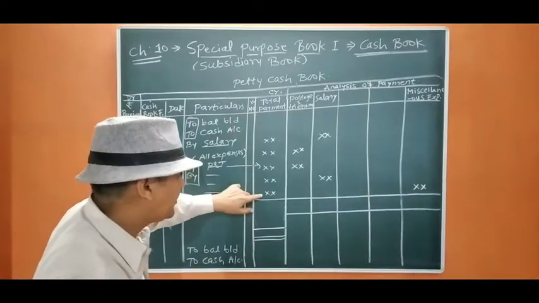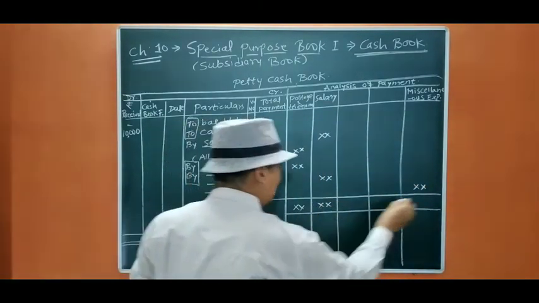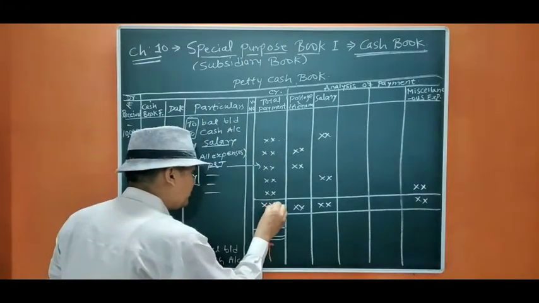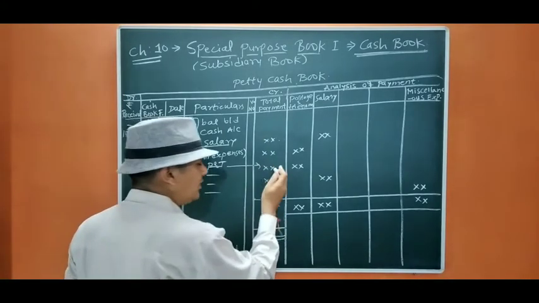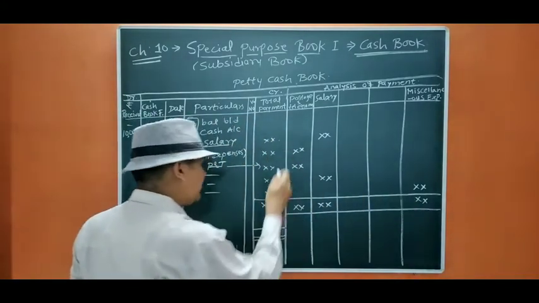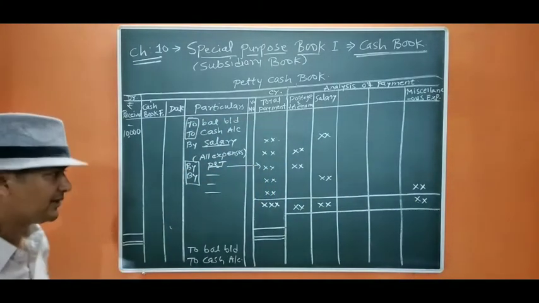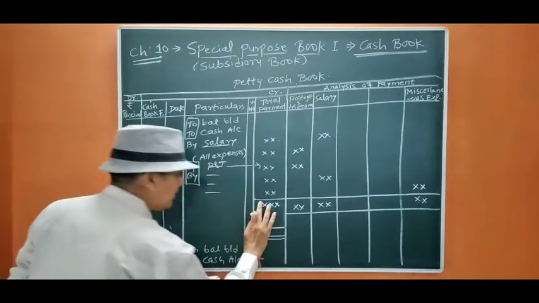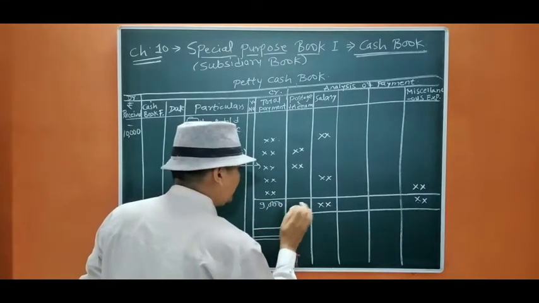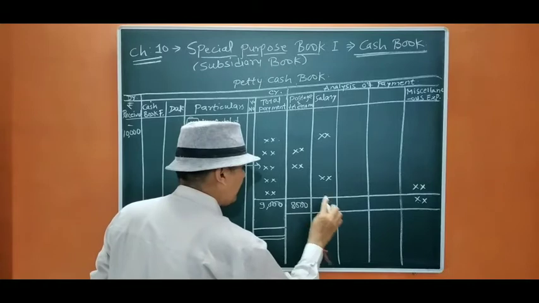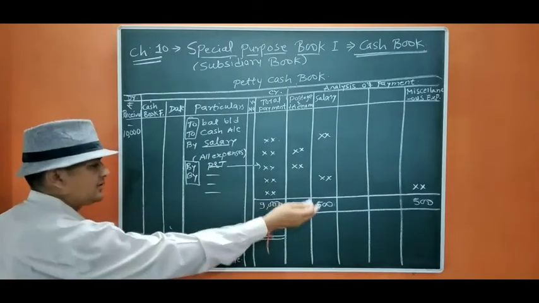Now, when you are writing all these items here, this total and this total will always be equal to this total. Okay. Because we are adding all the items here, even though we are adding separately, we are adding this much item only. So this will be the total of this. You should remember always. Now, suppose this amount goes to 9,000, and here suppose it is 8,000, 500 and 500. Suppose. So it becomes 9,000.